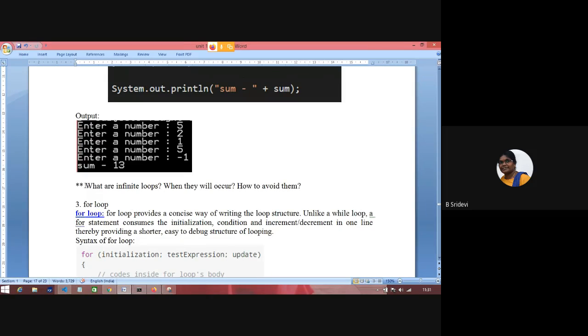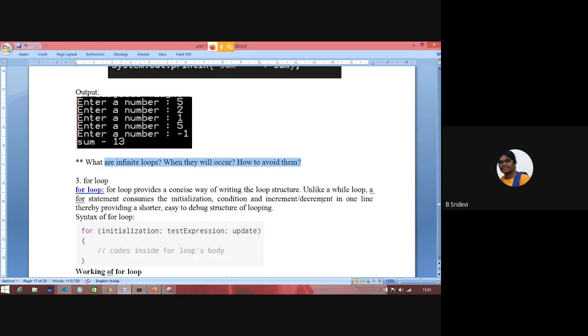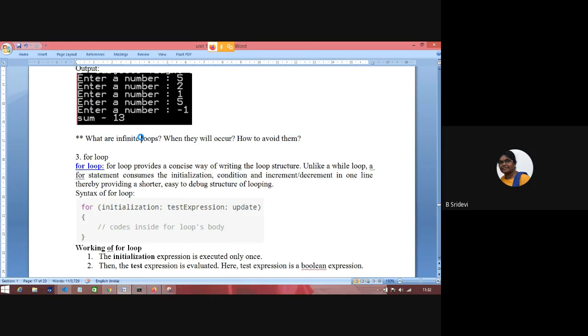See, do all know the answer to this question? What are infinite loops? An infinite loop is one in which the condition never becomes false, and the body goes on executing. So as a coder, you have to take care that somewhere that condition should fail. So when will it occur? How to avoid them? By taking care with increments and decrements. Hope you know about this. As CS people, you should know about it. Is everybody aware now what an infinite loop is?